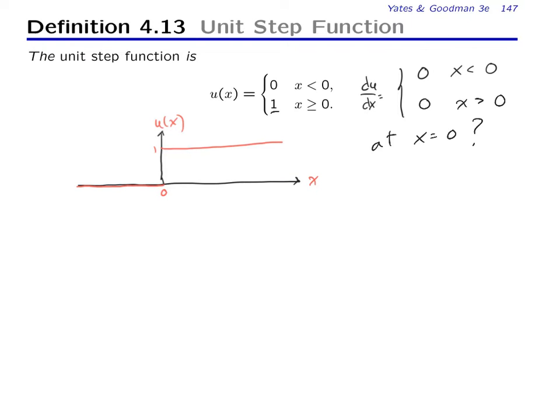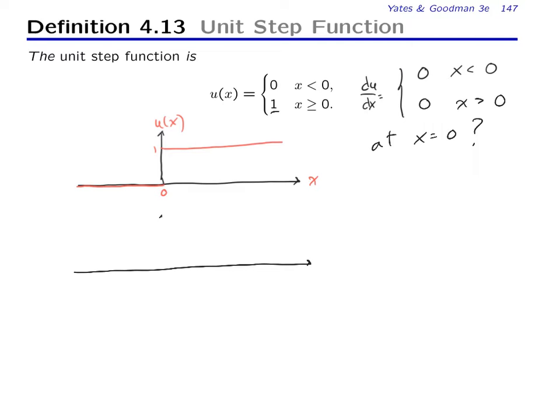What's the derivative? In fact, the derivative isn't defined. If we think about the derivative as the rise over the run, we have a unit rise at 0 in 0 run. You can think of that as being infinite slope. For mathematicians, this is a big problem, but for electrical engineers, we have kind of a bookkeeping device to keep track of this jump discontinuity. And the way we think about this is that we think of an approximation